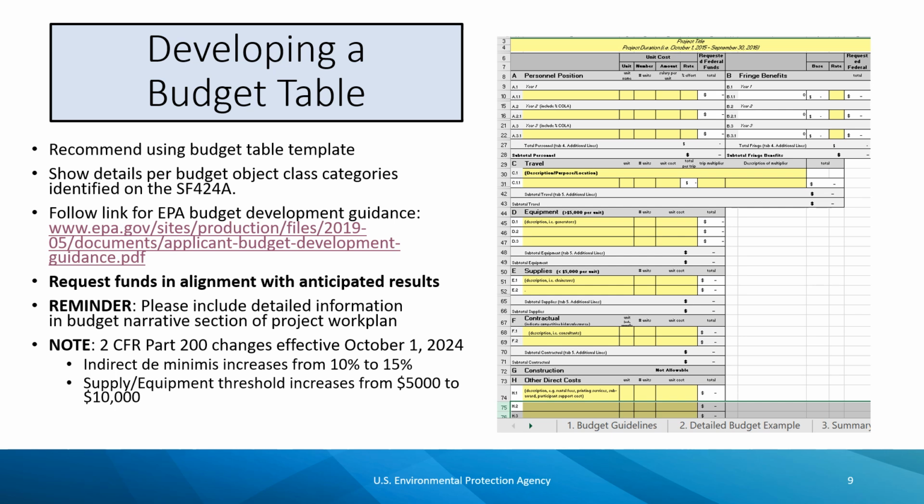On GMD's webpage, there is a link to a recommended budget table template that is pictured on this slide. Utilizing this template in conjunction with the budget narrative will ensure the application has all of the information needed to evaluate the budget proposed for the project. This budget table provides more detail on the cost identified on the SF424A. The budget object class category amounts listed on your SF424A must match the budget object class category totals on your detailed budget table. For more information on developing your budget table, see EPA's Budget Development Guidance at